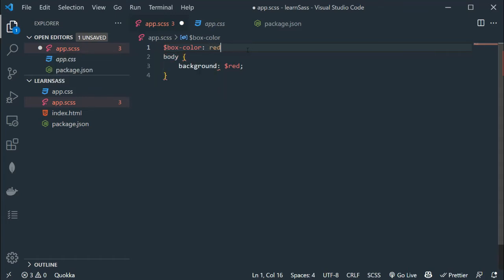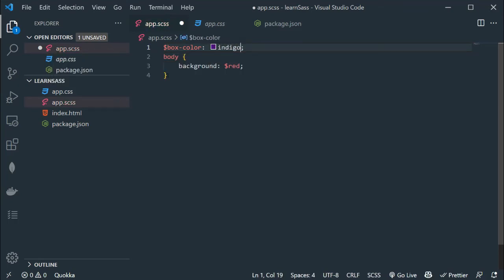So let's say red, 20 pixels, flex dash end, or center. You can put any CSS valid value. In my case, box color, so let's say indigo.